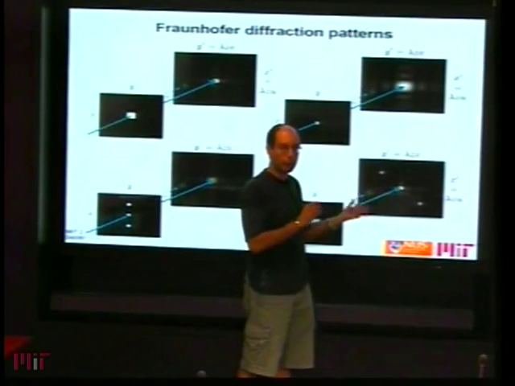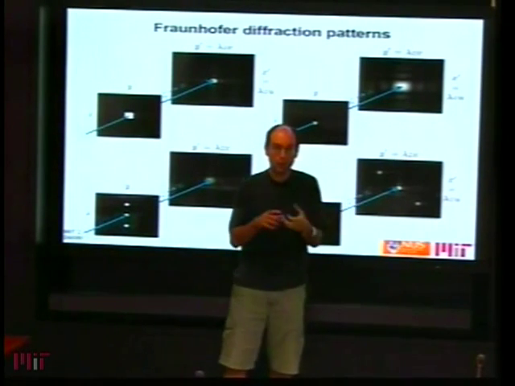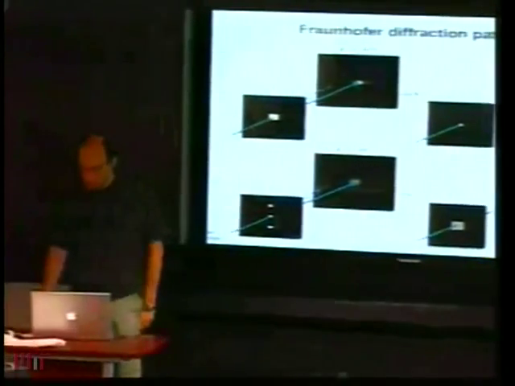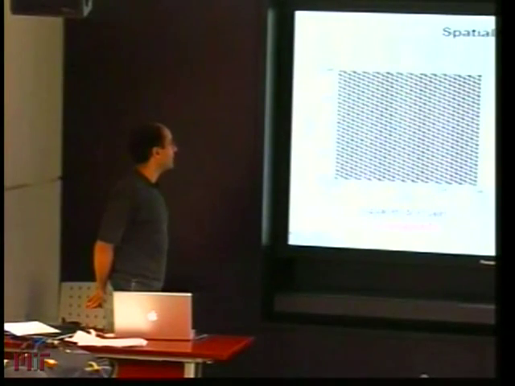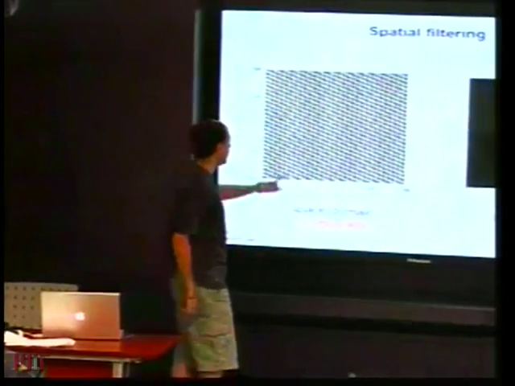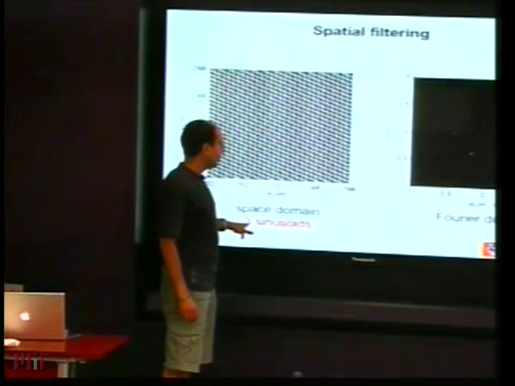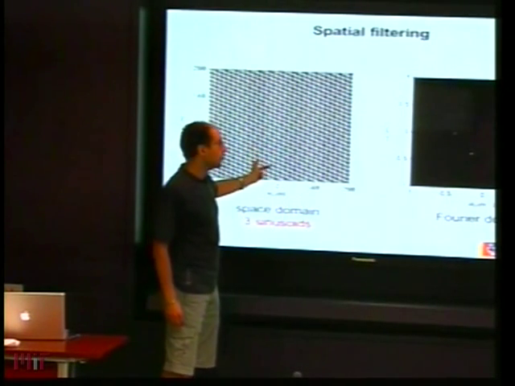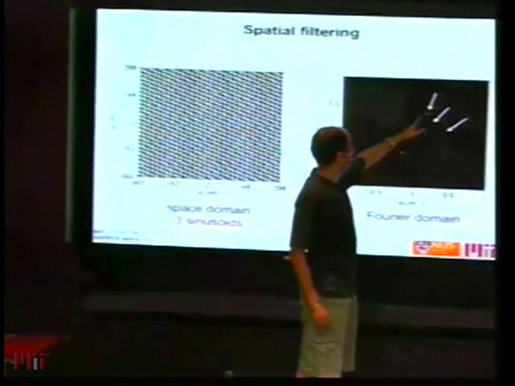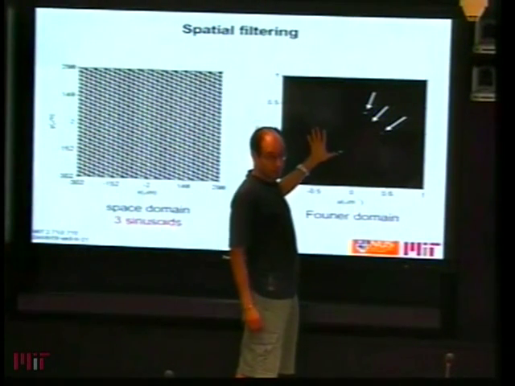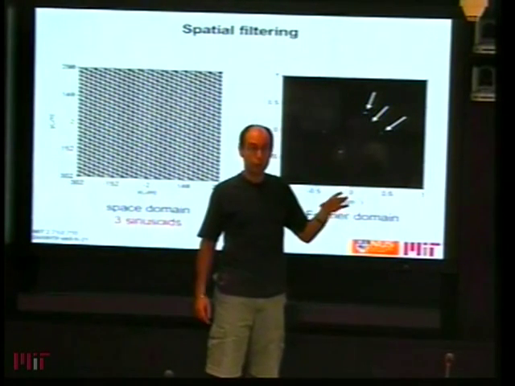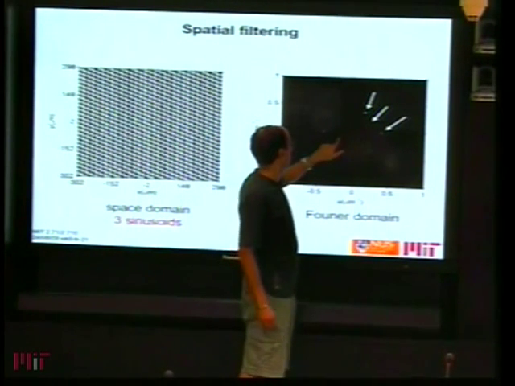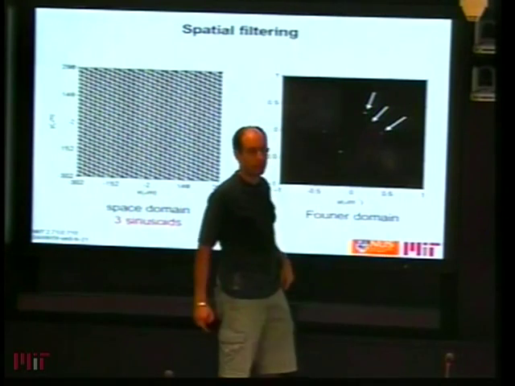then of course the signal I reconstruct is not identical to my original signal, but it will have changed because I've modified the frequency spectrum. So this is called spatial filtering. So here's an example that I have constructed. In this case, I've constructed a signal in the space domain that looks like three sinusoids. Now you cannot tell very clearly from this pattern that you have three sinusoids, but if you take the Fourier transform, then you see three spots here, three dots. Actually you see six, but you recall that each sinusoid corresponds to two dots. So the conjugate dots here, this one and this one, they are one sinusoid, this and this one are another sinusoid, this and this one are yet another sinusoid.